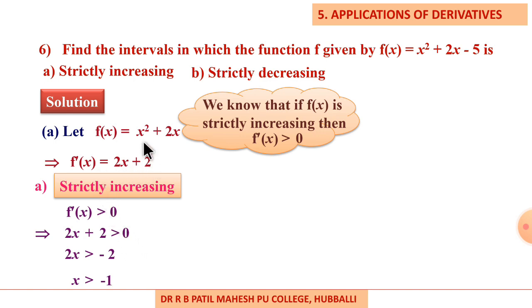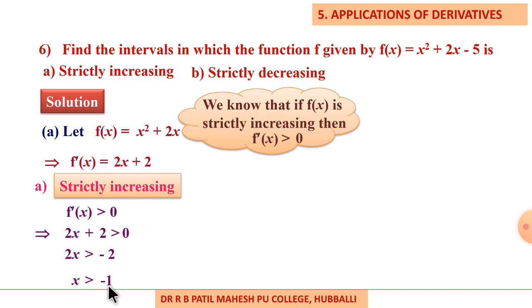See students, suppose here f dash of x is a quadratic equation, then you have to go for the last method we just discussed in example number 5. Now if f dash of x is a linear function, then directly you can use this inequality. So easily we get the intervals when the function is strictly increasing.